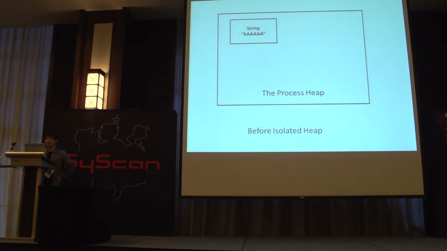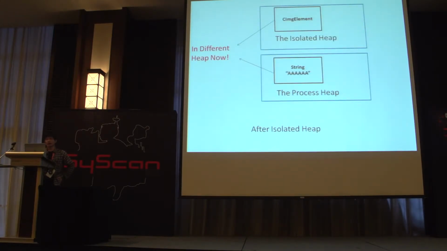This is possible because both the CImageElement and the string object are allocated in the same heap, which is the process heap. And now with the isolated heap, we cannot do it anymore because now the CImageElement will be allocated on the isolated heap, while the string object